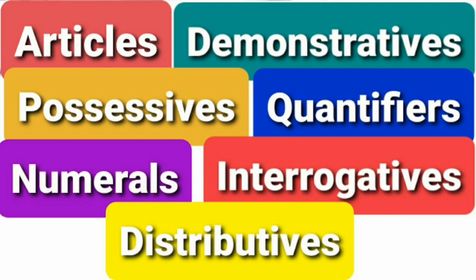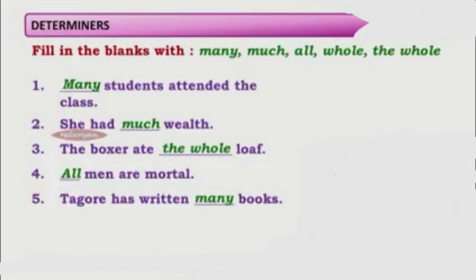And the last is interrogative determiners. In this, we mostly ask questions like what is your name, what is the time, whose dog is barking. The words which, what, and whose are called interrogative determiners. So now let us try and solve an exercise based on this first lecture. We'll go to the exercise.